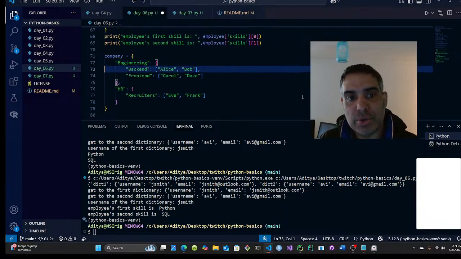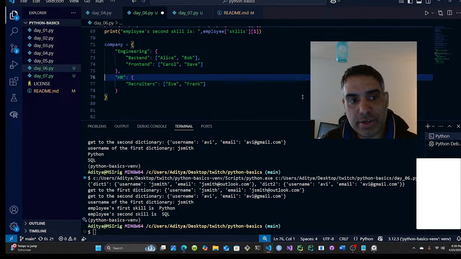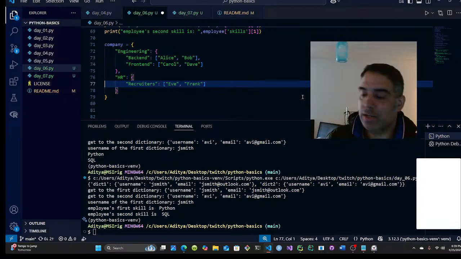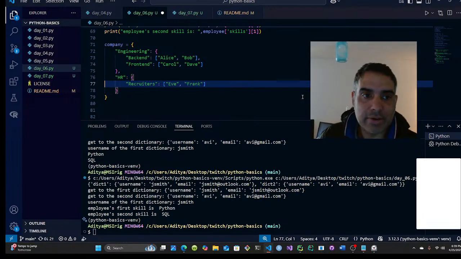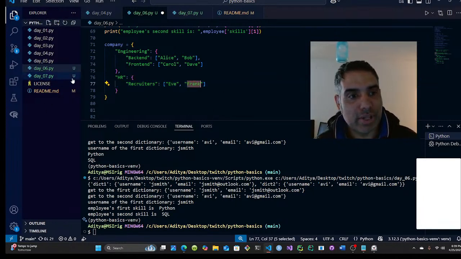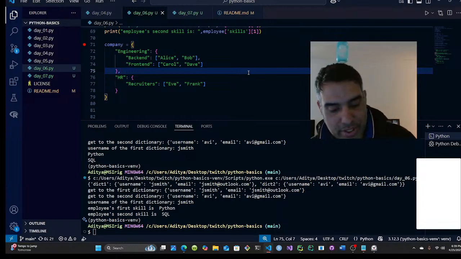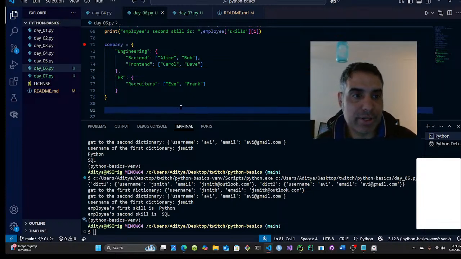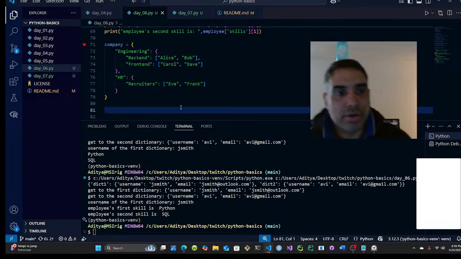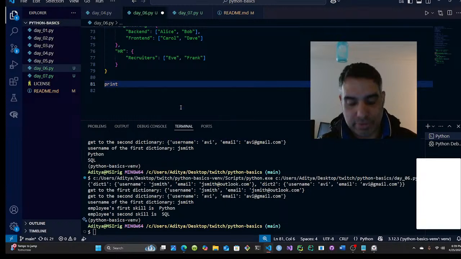So we got 2 nested lists and 1 nested dictionary with a nested dictionary with a nested list, right? So if you want to get to Frank, how do you get to Frank, right? So let's put a debugger here. Let's try and get to Frank, right? So let's do this. Our goal is to print out the HR recruiter's name of the company, right? So print